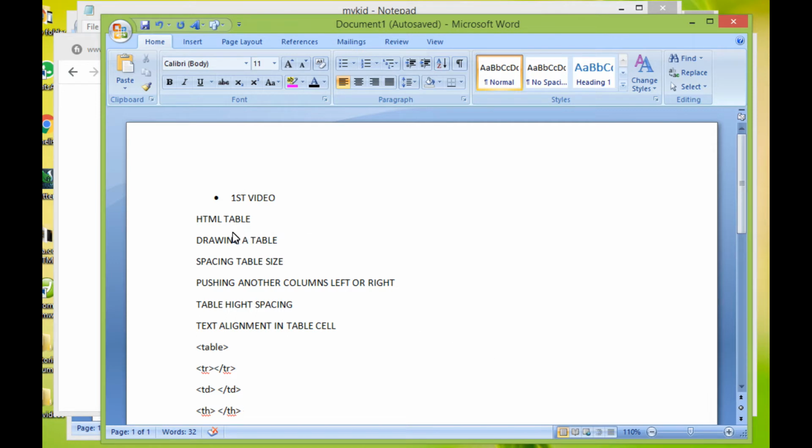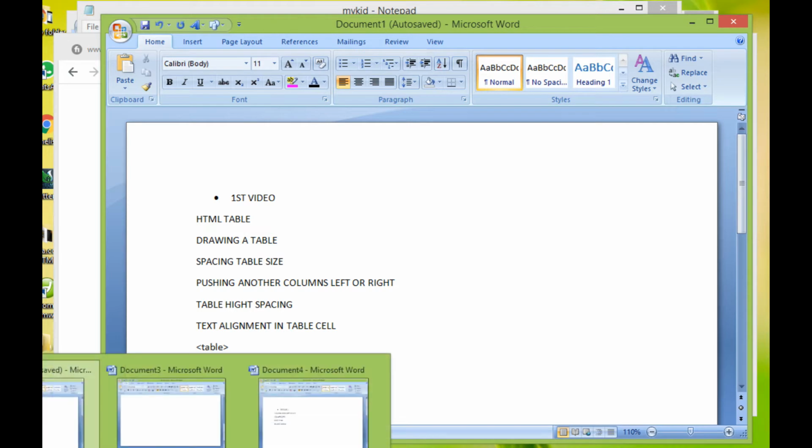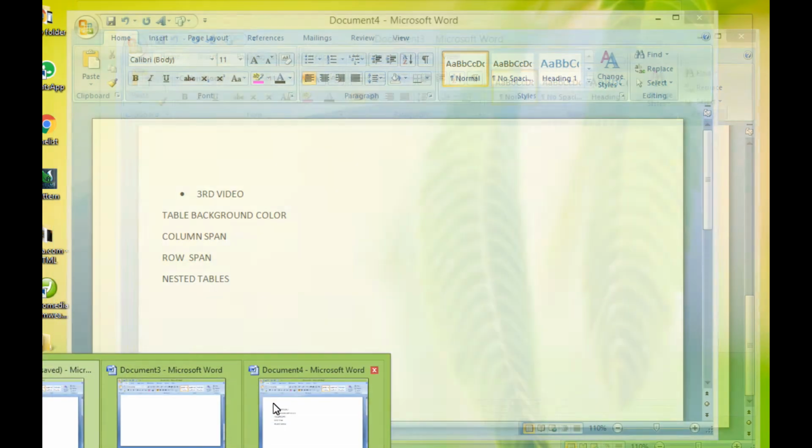In the first part, we'll be talking about the HTML table, drawing a table, spacing, table size, pushing another column left or right, table height, spacing, and the text alignment in a table. In the second part,